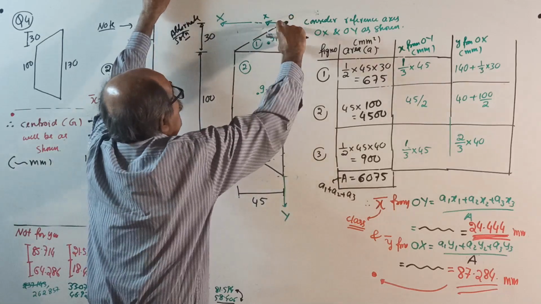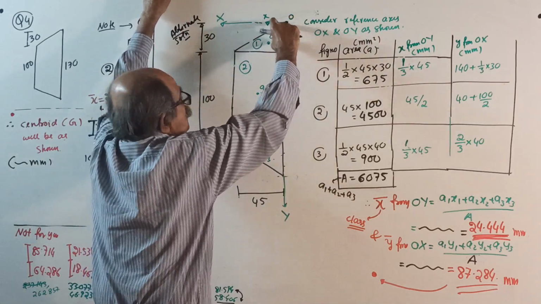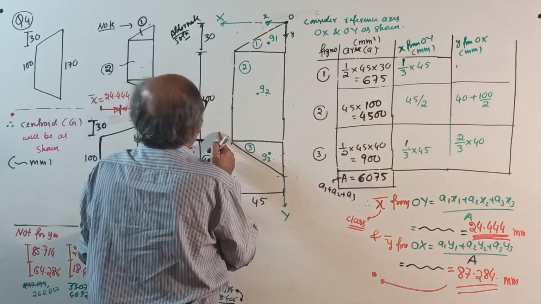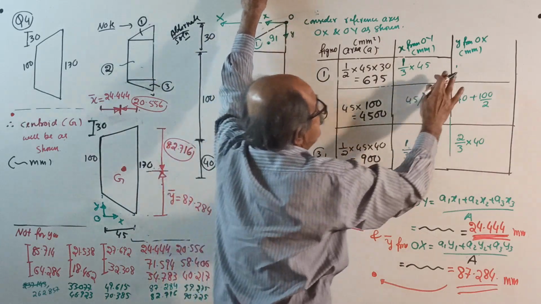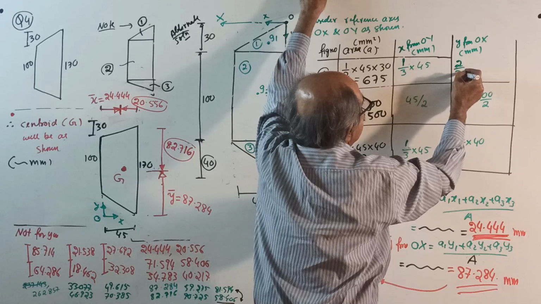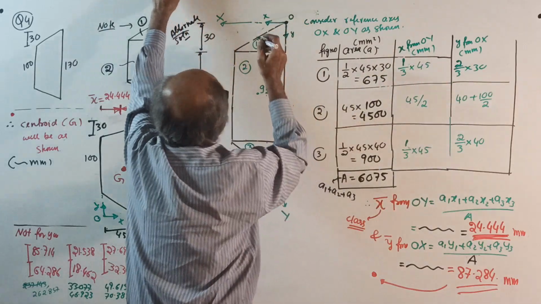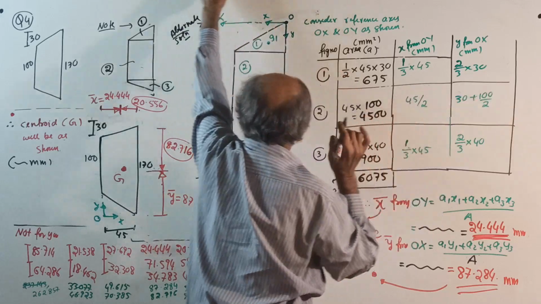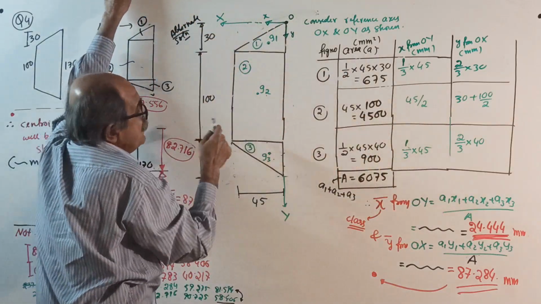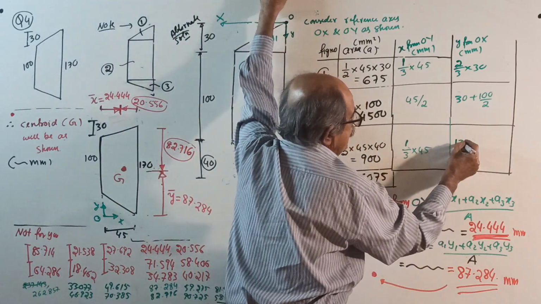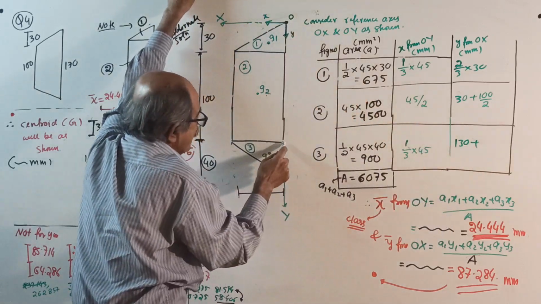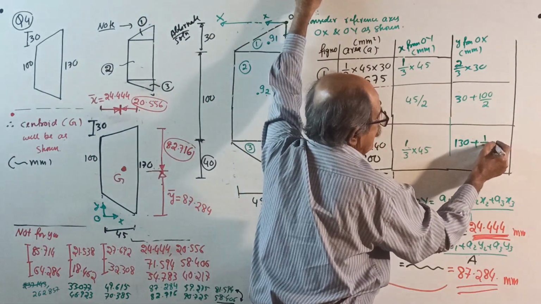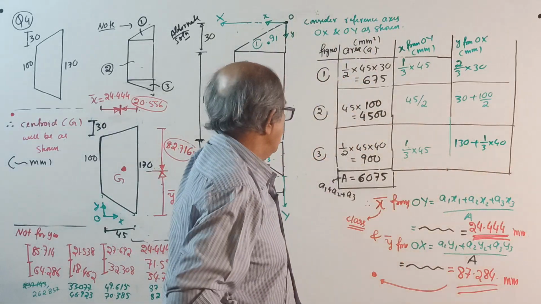Now Y from here. Y1. See, this is 1/3. This is 2/3. So instead of going this way directly, last time it was 40 plus 100 plus 1/3. Now directly from there, 2/3 of 30. Y2: 30 plus half of 100. Y3: 30 plus 100 is total 130. Then from here you reach here. Further come down by 1/3 of 40 plus 1/3 of 40. Okay, over. Now calculate X bar from